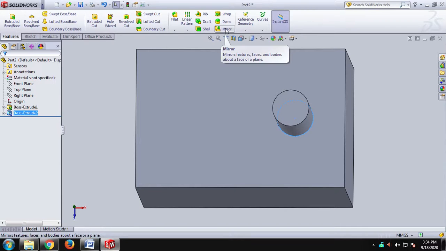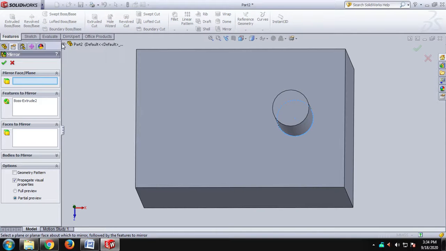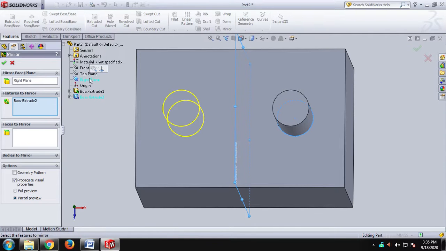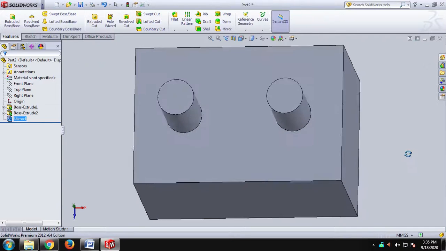In this particular page, go to this particular place, and we have to select a plane which is perpendicular to this image. So now I have a right plane which is perpendicular to the extruded part. So I select this. Now you can see that a part of the same dimension is being displayed here. This is the use of the mirror icon. Okay, this is about extrusion.